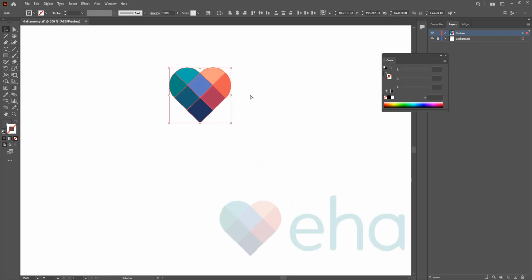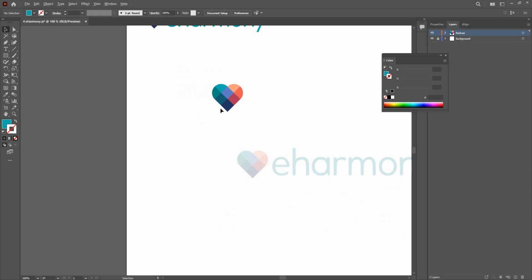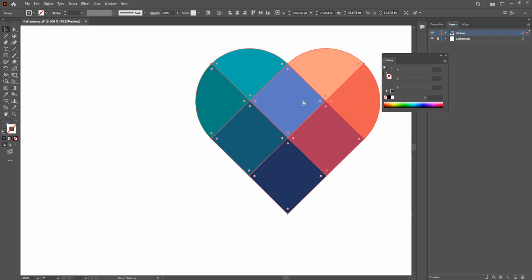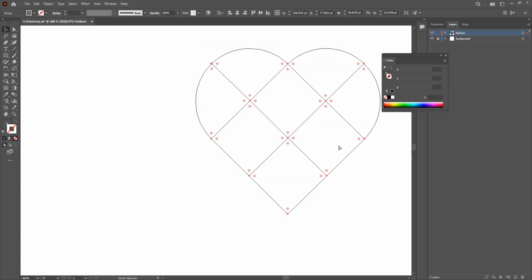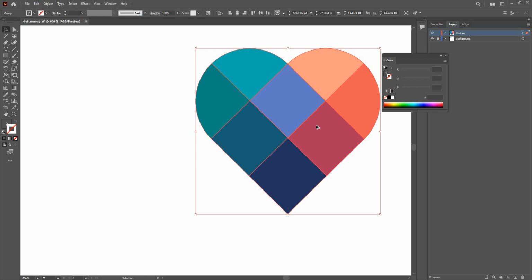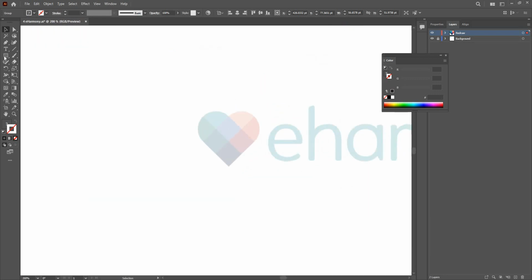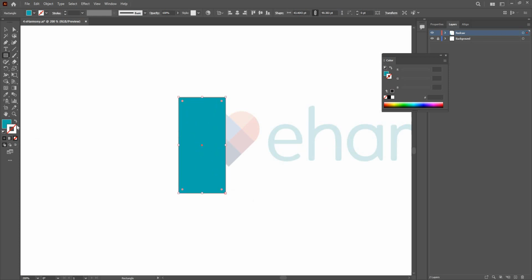I'm just going to go ahead and press Control G, that is the group of these shapes. Alright, I'll just put this right here, Control Y, and see if that's accurate or not. Alright, so another way is we can go ahead and use a rectangle tool, and I'll just give it a stroke as black. Click here,